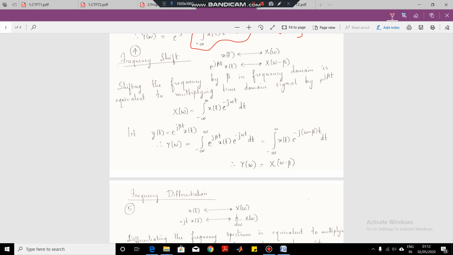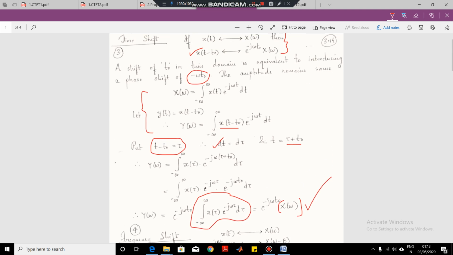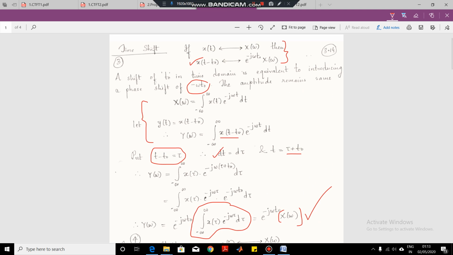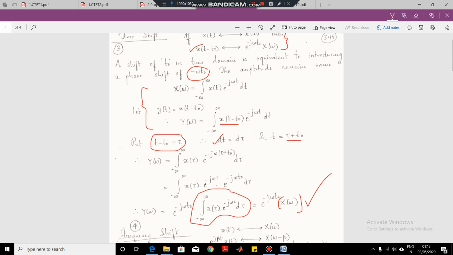Let us now move forward towards a discussion about the frequency shifting property. In the previous session, we had seen the time shifting property. So we noted that when we shift the signal in the time domain, there occurs a phase shift of the signal in the frequency domain. That is, the Fourier transform gets multiplied by the e raised to minus j omega t0 term.